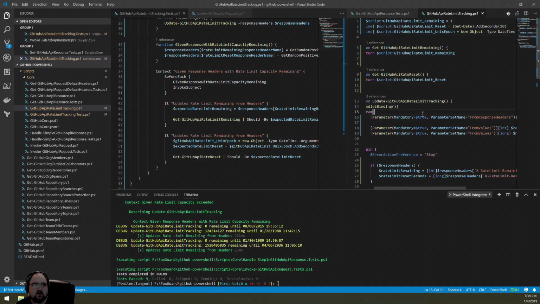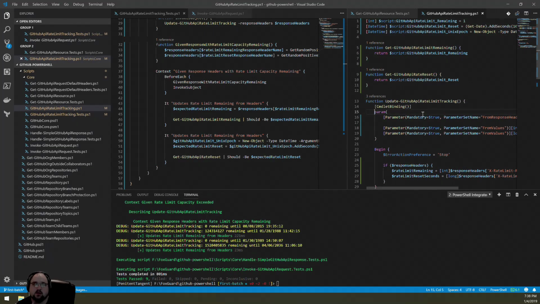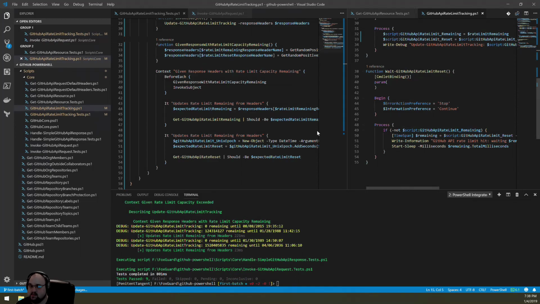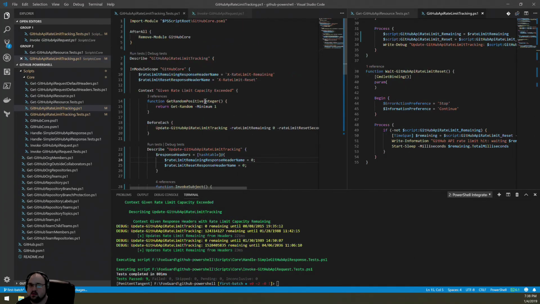So now that we know that our update GitHub API rate limit tracking function works as expected, the second function, which depends on the state that the first one modifies a bunch, we can test it. Right? And it's in the same file, so